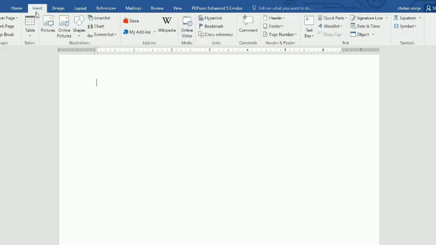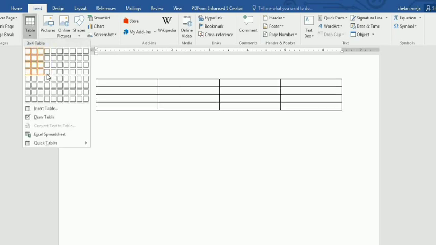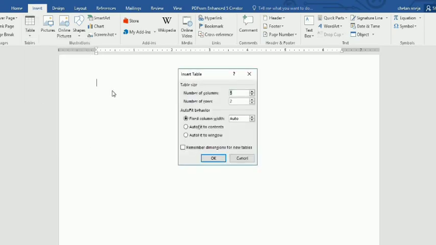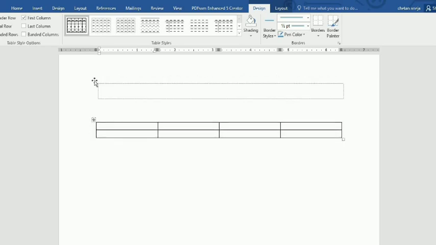Click on the insert tab, choose the table. If you want to draw the table, just drag over the columns, you can create it like this only also. But another way is to go to insert table and choose the number of columns and number of rows and press the OK button. Okay, this handle will let you change the position of your table on the page,